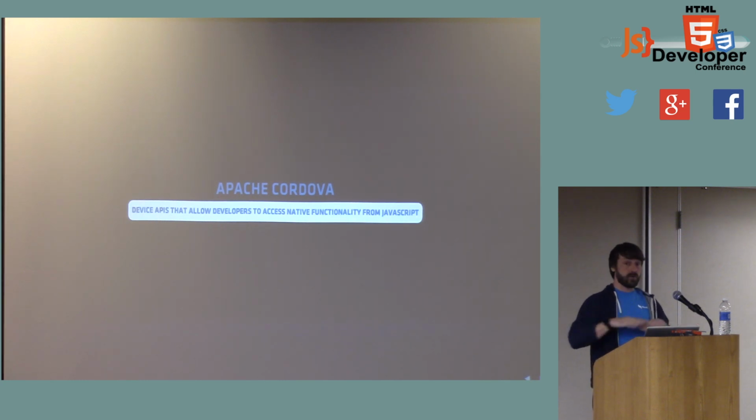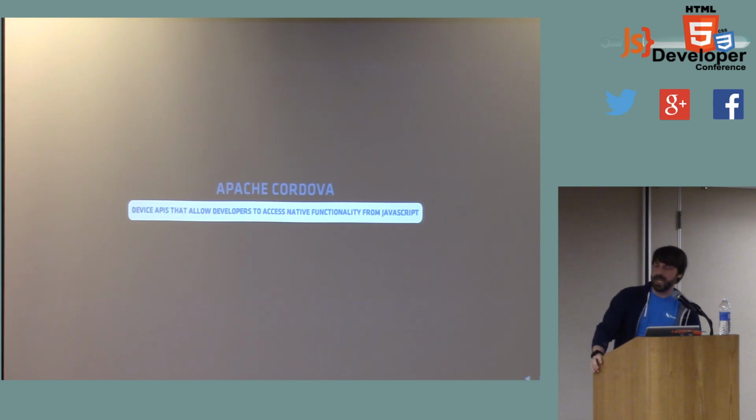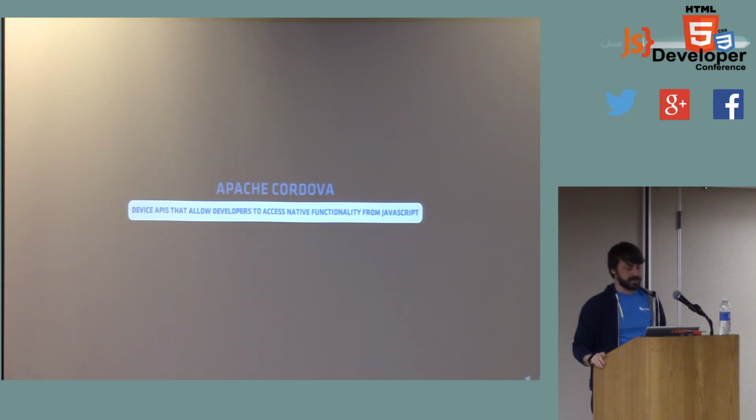But when it comes down to it, the core, what you guys are writing in JavaScript, is not going to change. We're using the same stuff. This is a real quick example of what the camera API would look like. We're not going to sit on this long, but from PhoneGap or Cordova, it's essentially